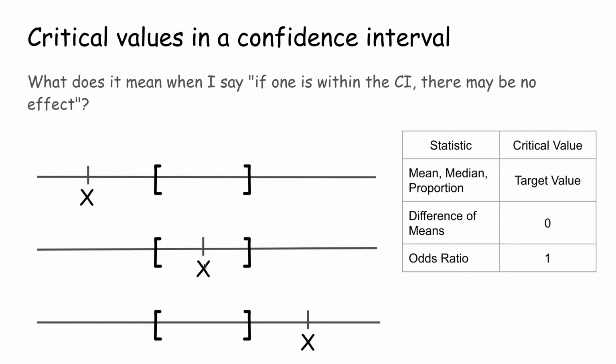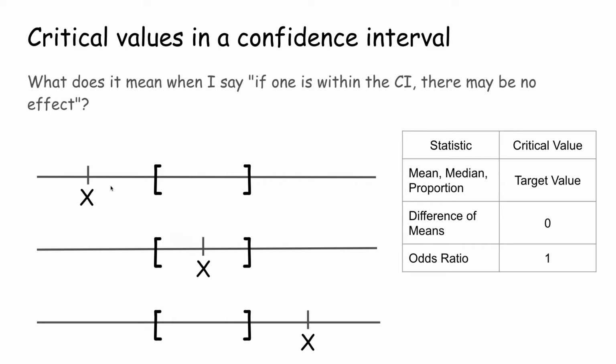If 0 is inside the confidence interval, we can't rule out the possibility that there is no difference between the two groups with 95% probability. And when we're talking about odds ratios, our critical value becomes 1. So an odds ratio of 1 means that there's no difference in likelihood between the two conditions. So if 1 is inside of our confidence interval,